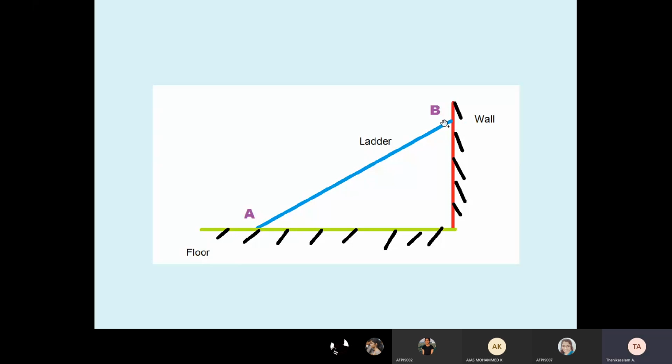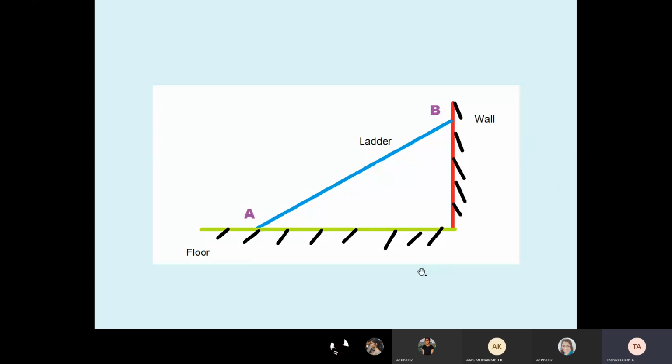See, if friction is there, then only we can climb and go on the ladder. Otherwise, it must fall down or slip, vertically downward or horizontally to the left side. So due to friction only, it can keep its equilibrium position. Friction must be available on the floor and also on the vertical wall.